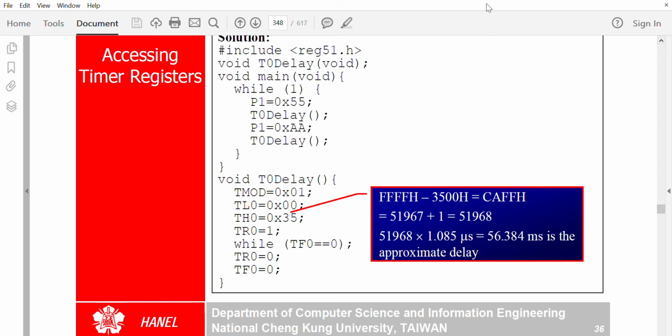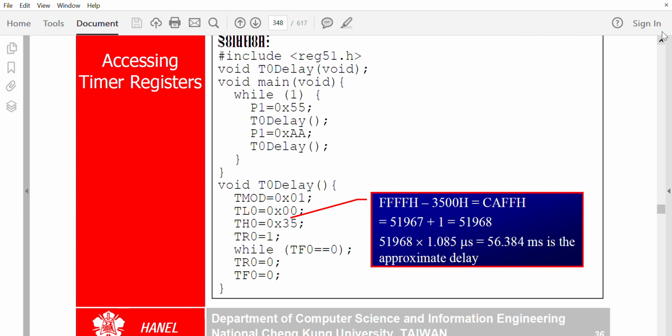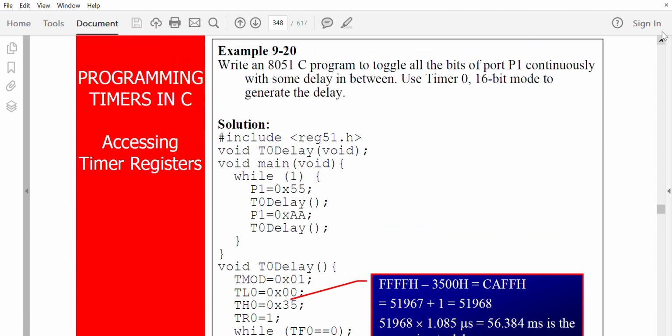So forever P1 is given 55 and P1 is given AA. In between we have introduced a delay. That delay we have mentioned here, and this delay you have to write as a subroutine. So in the subroutine we are doing it using a timer. So use timer 0,